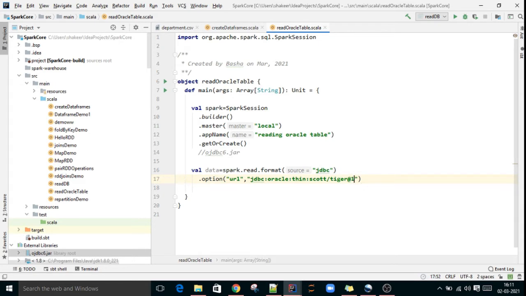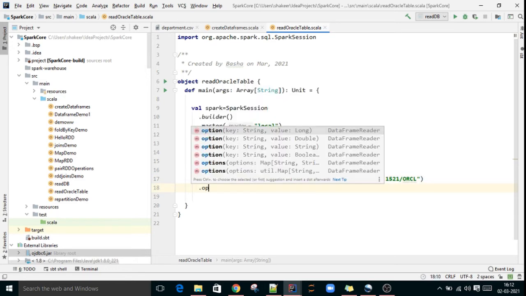I have installed Oracle on the same system, so localhost, nothing but 127.0.0.1, colon, the port number of that Oracle DB, my port number 1521, then the DB name, ORCL. This is the connection URL.